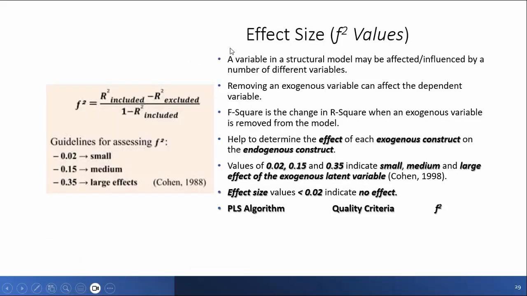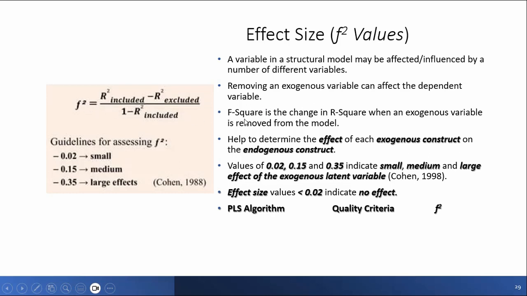The next is effect size for F square value. This is the formula for F square value. It means a variable in the structural model may be affected or influenced by a number of different variables. Removing an exogenous variable can affect the dependent variable.